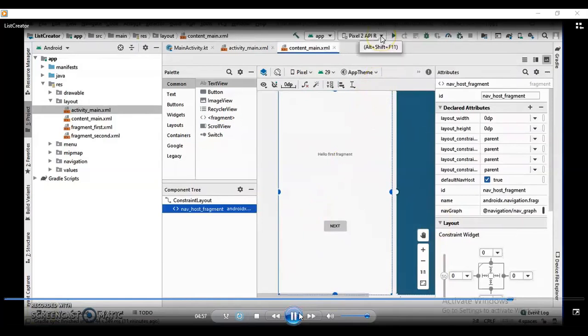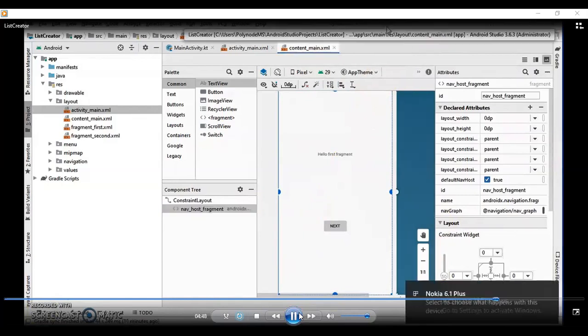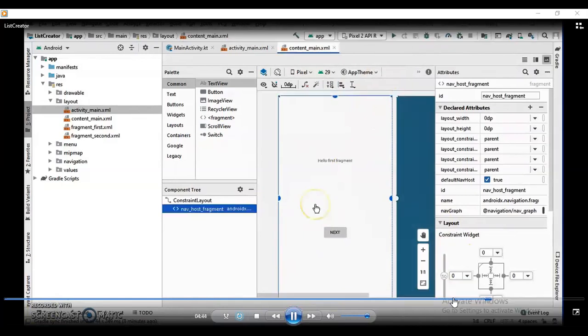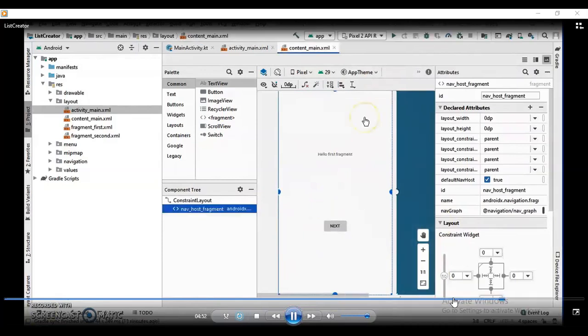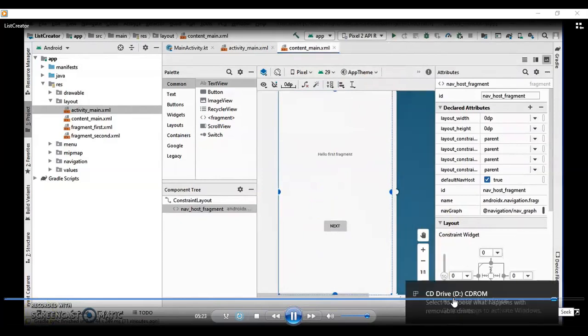Here again I have selected Nokia 6.1 Plus to run my application, and after selecting that, I can observe the output of this application.